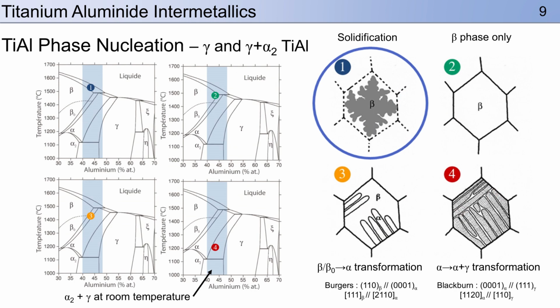A typical solidification and phase transformation path of a gamma titanium aluminide alloy, one that only has gamma and alpha 2 phases remaining at room temperature, is shown on this slide. The phase transformation steps marked on the phase diagrams on the left are shown schematically on the right for a typical microstructure evolution. In step 1, the material starts to solidify at 1550 degrees C from the liquid into the